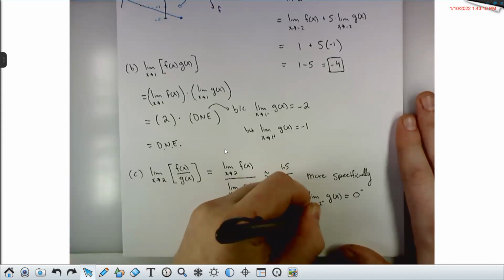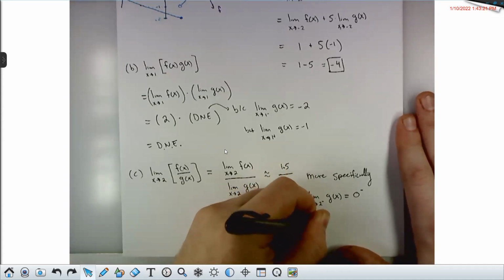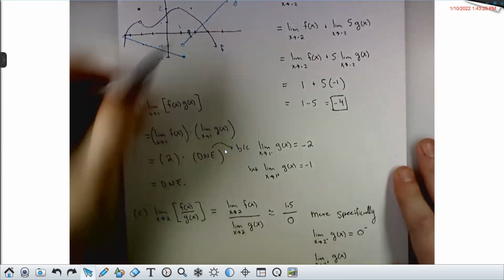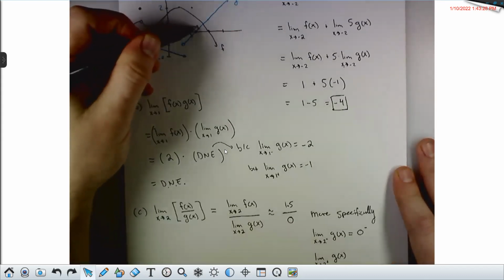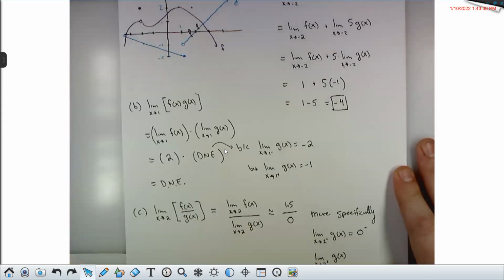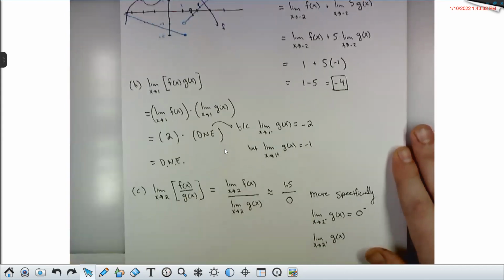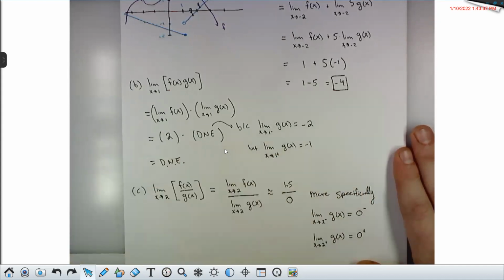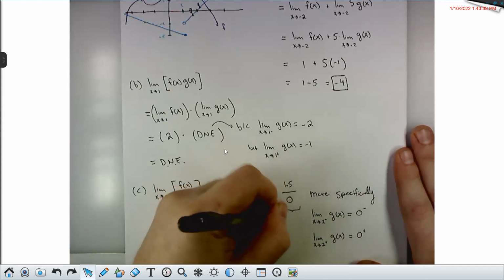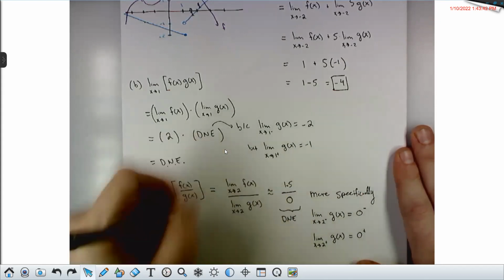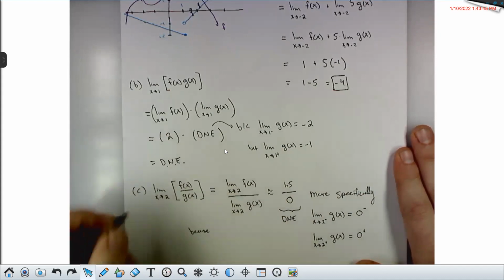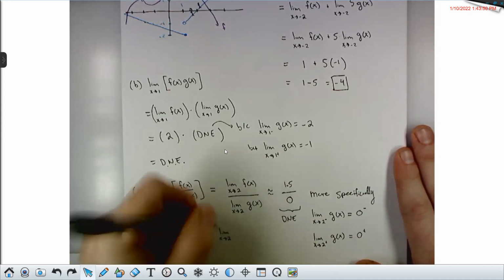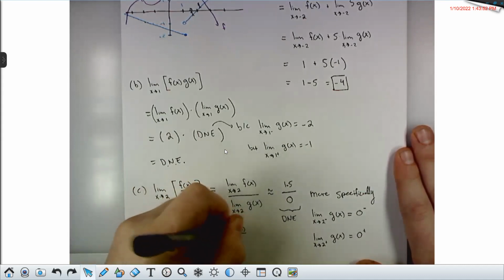If you were to be approaching 2 from the right, g of x, just that denominator, again, coming in here from the right, I'm going to 0, but I'm going to 0 in a positive fashion. So this would be denoted 0 plus. So overall, this limit we would say does not exist because the overall limit of that ratio, limit as x goes to 2, f of x over g of x,